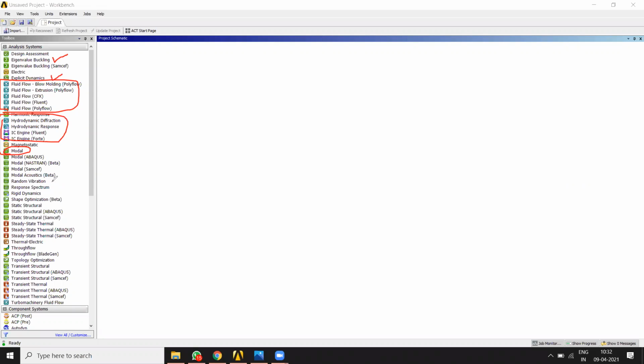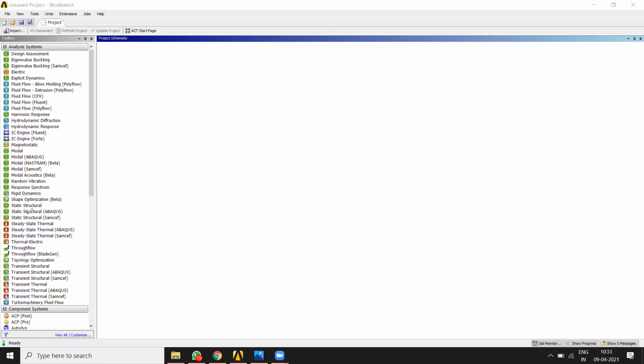You can perform a random vibration analysis, or rigid body dynamics. One of the most important, rigid body dynamics, you can perform to test the dynamics of a vehicle, how the suspension is working, etc. Then our simple static structural analysis.